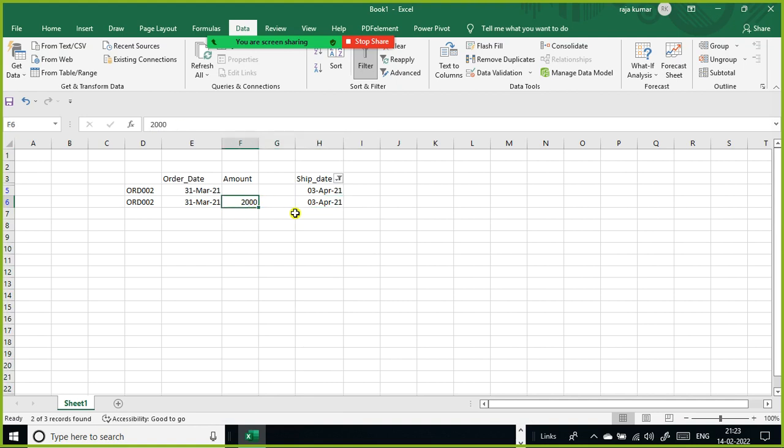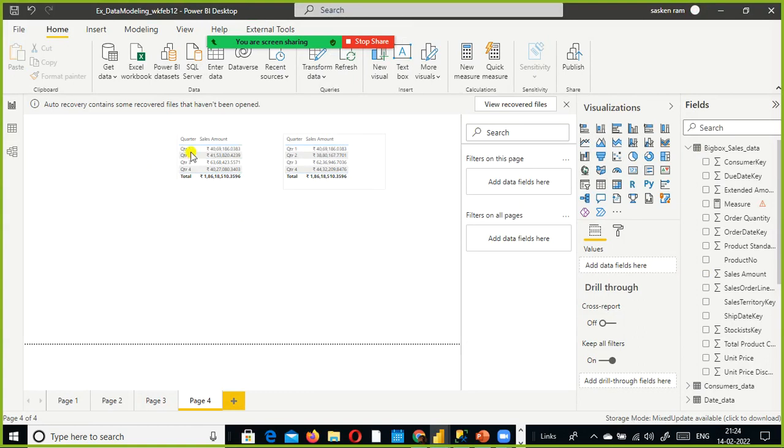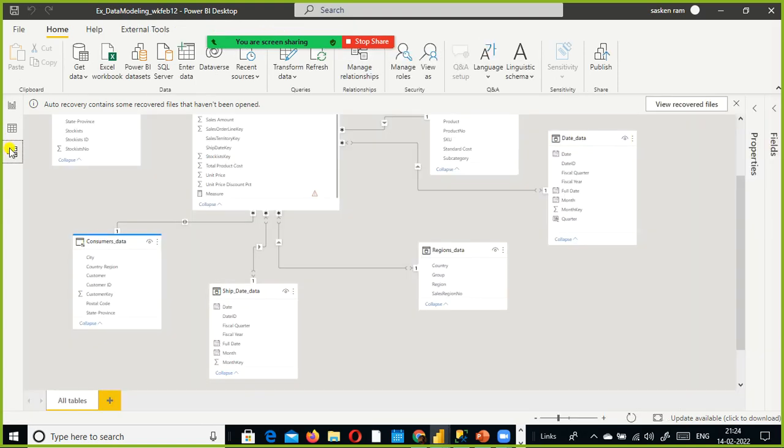Now you understood, right? The difference between filtering by the order date and this one. Though it shows more, with the ship date you are able to understand when the payment was received for this order. Now you understood, right? Okay, good. So, for that reason only, we are filtering the sales table by order date and ship date. So that's the reason why we are seeing some kind of difference here. Understood?